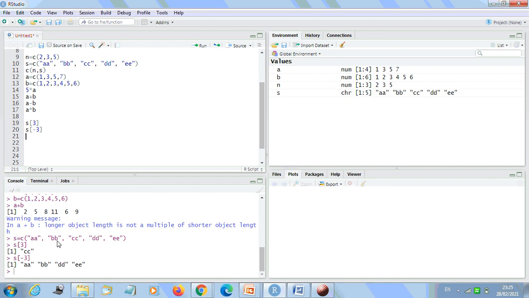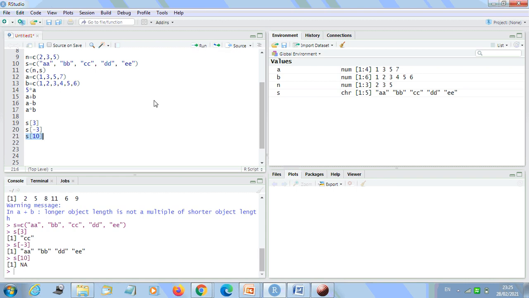And the last thing we have is the out of range index. If I want to retrieve a value which is out of the index, what will happen? I am going to get NA. So what does it mean basically? We have three things.